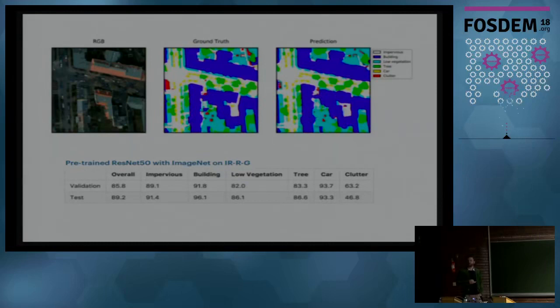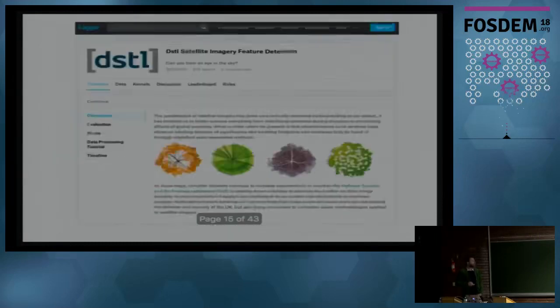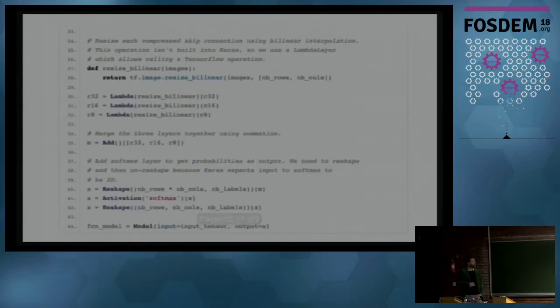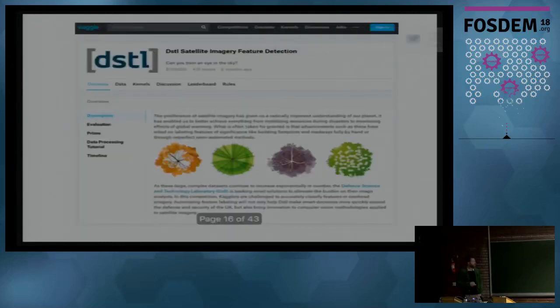But the point is that with spatial imagery, we have far more than 3 bands, and sometimes that will be an issue. Here you've got the model code we use, so they use ResNet with a convolution layer. So in these 2 pages, there's only the code related to the model we used. So if we want to go further than only an out-of-the-box solution,